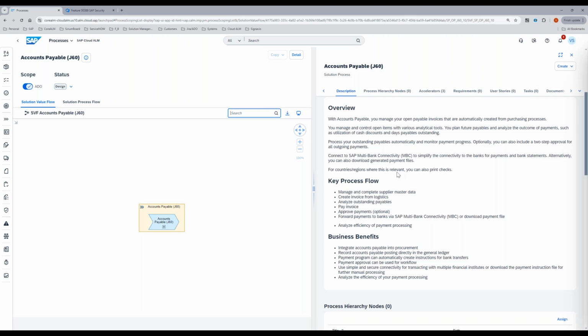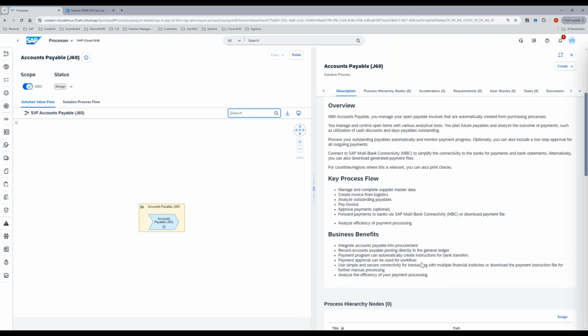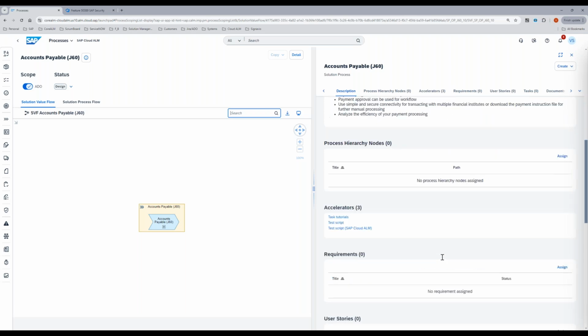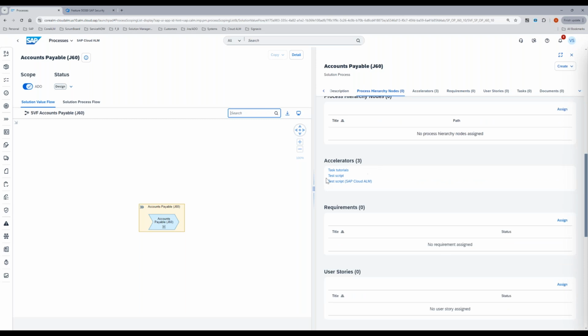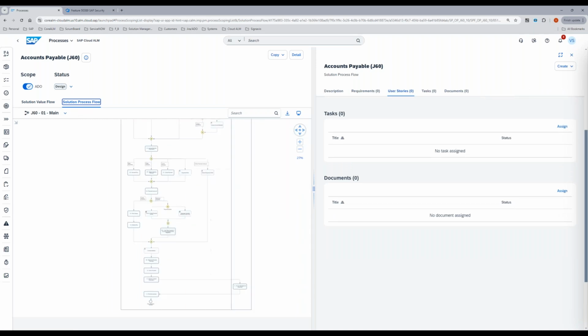Also gives you all of the process flows, including the business benefits. But in addition to that, there's also going to be some accelerators, such as, for example, a test script, also a test script for Cloud ALM that you can utilize to kind of speed up testing when you get to that stage. In addition to that, when you go to the status process flow